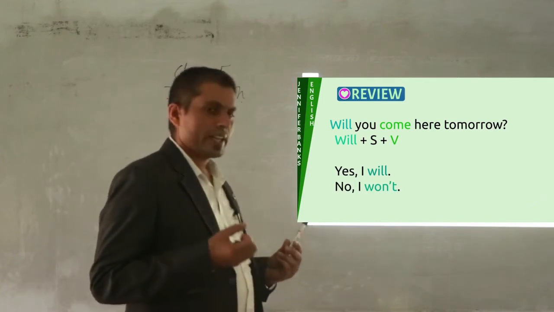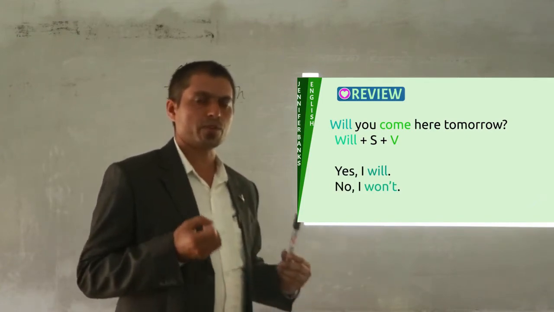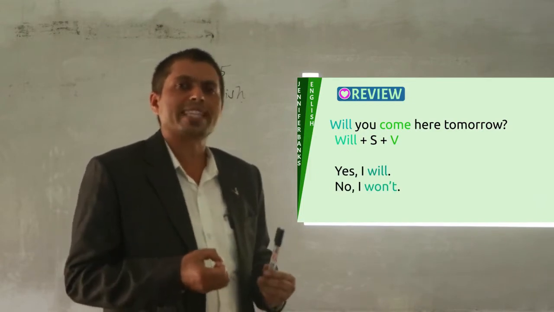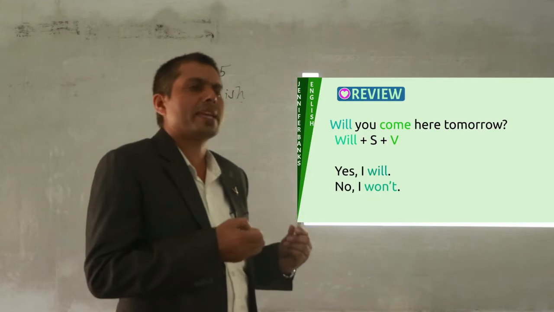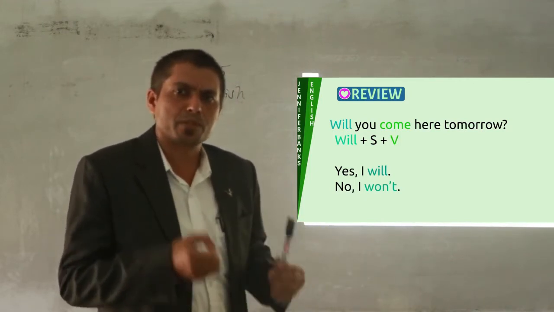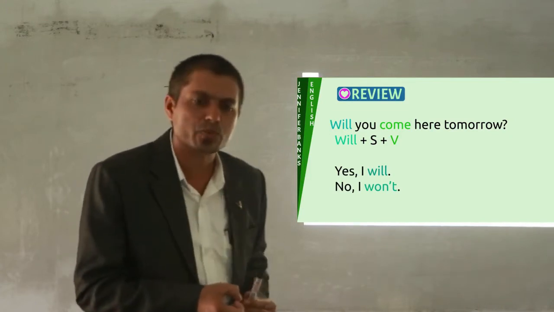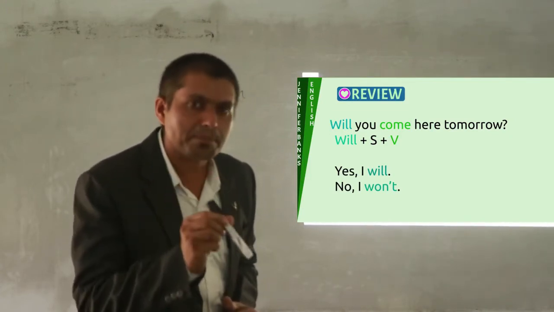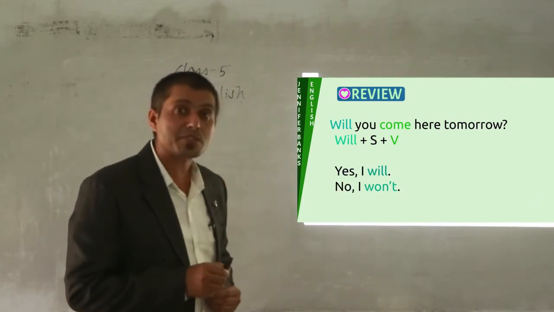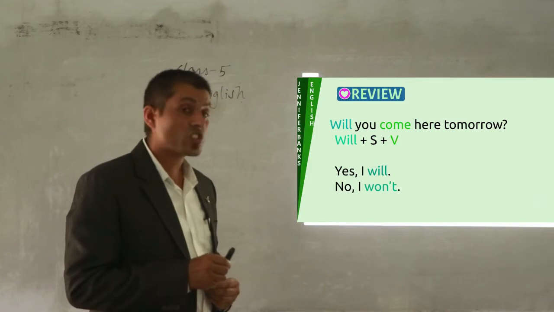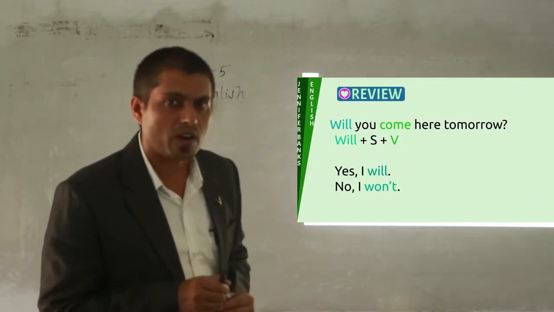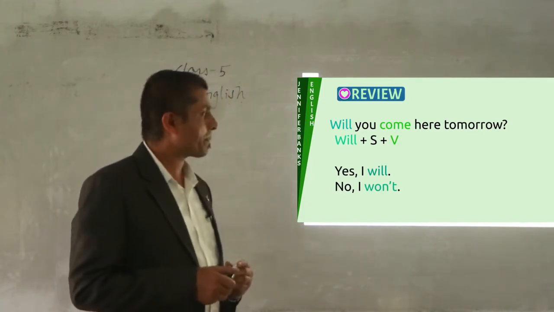In future, generally we use future tense to talk about a future activity. Simply you say it without any plan. You may not have made much preparation about it, but when you say something about the future, simply you have to use these things. Simple future tense. Even you have seen the structure given to you: subject plus shall or will plus verb 1, the present form of the verb that is used in simple present tense.